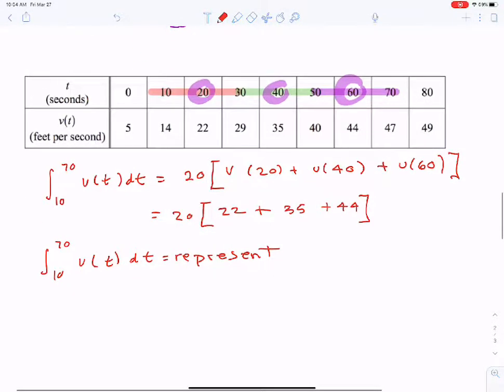So let me write that down, then I'll point out a couple things. So represents,